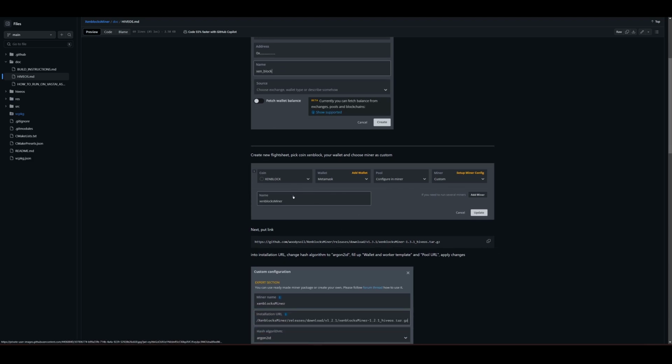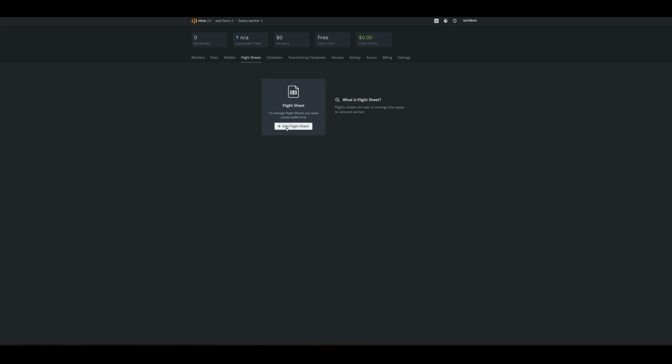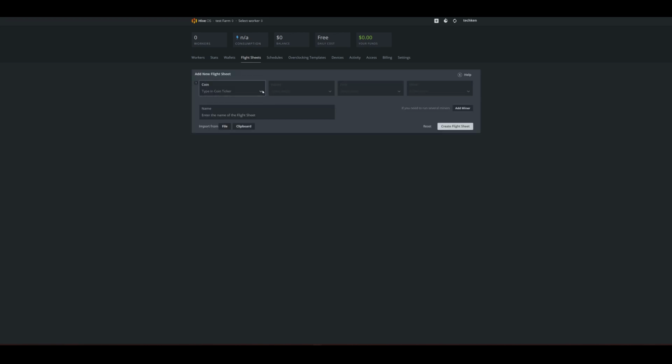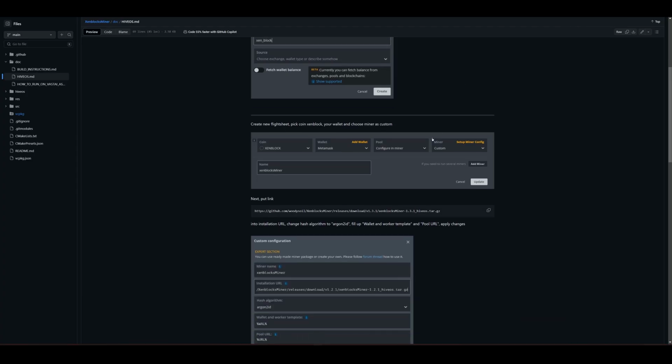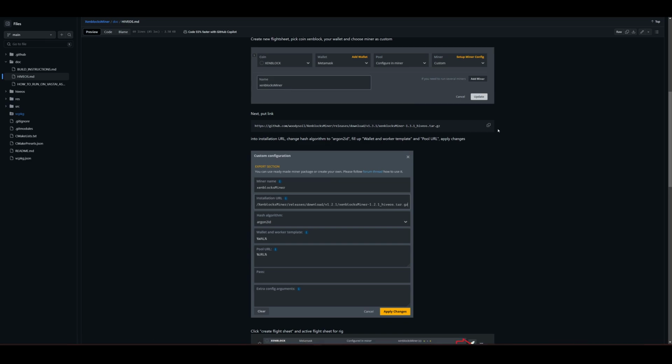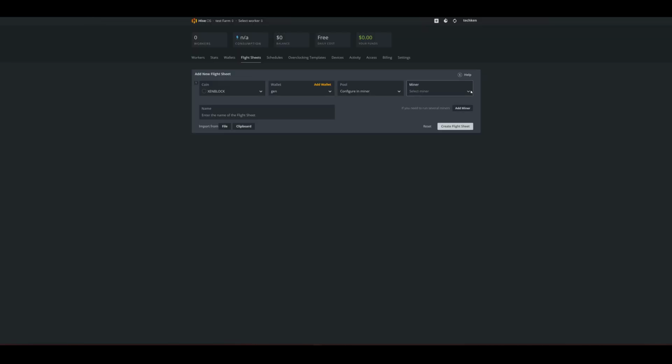So the next thing we're going to be doing is creating our flight sheet. So let's go do that, which is pretty much simple. Add a flight sheet. We're going to select the coin. We just created this Zenblock. That's our wallet name. We're going to select our pool. It's going to be custom in the miner. So we have to go back to over here, custom in a miner, and then we copy this, come back to Hive,